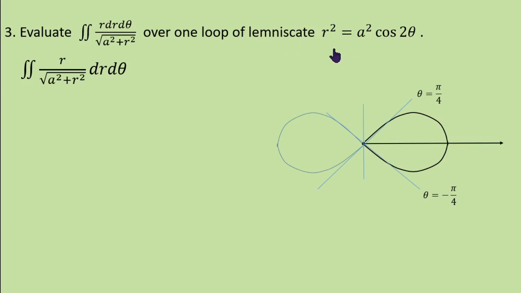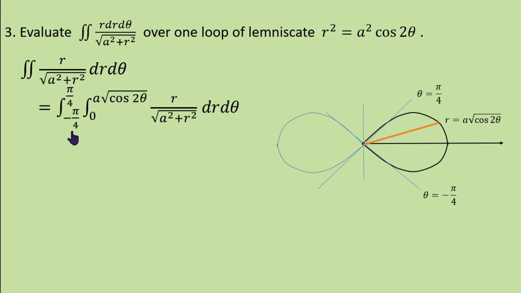A point on the lemniscate means r squared becomes a squared cos 2 theta. Take the square root of this. Therefore, r becomes a into root cos 2 theta. So, this is how we can find the limits for this double integration. Theta varies from minus pi by 4 to pi by 4. For every angle theta, r varies from 0 to a root cos 2 theta,